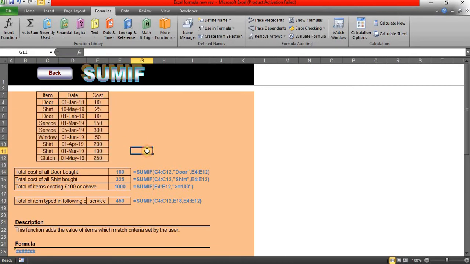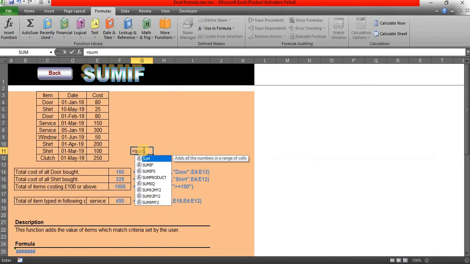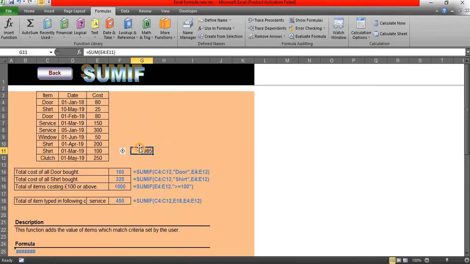So usually SUM works like equal sign SUM of, it will sum the entire range, right? While you are using SUMIF, it will validate the particular item. So if the particular item is available in the list, then only it will sum the values. Equal sign SUMIF. First you need to select the range. So this range comma criteria should be, at this time I want to see only the door. Door values need to be summed.